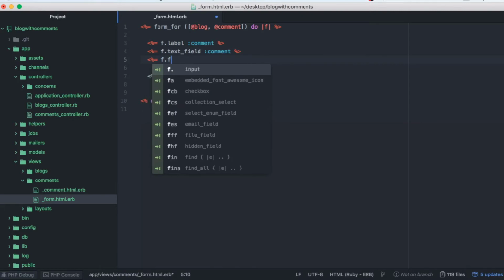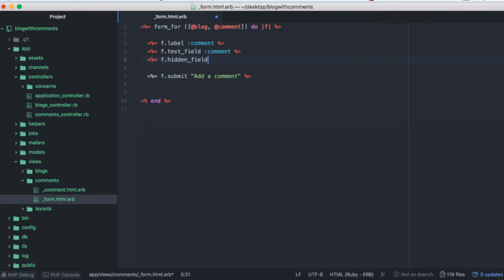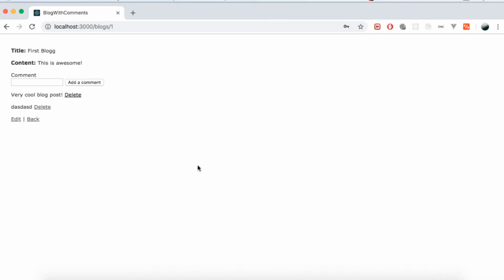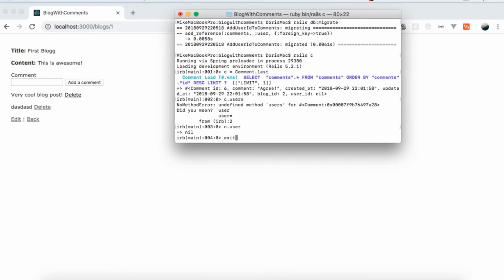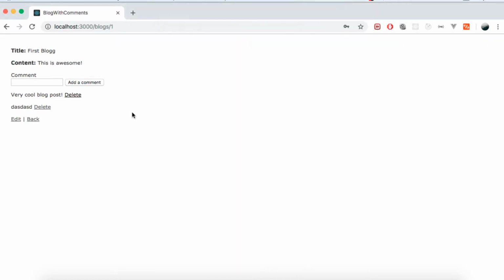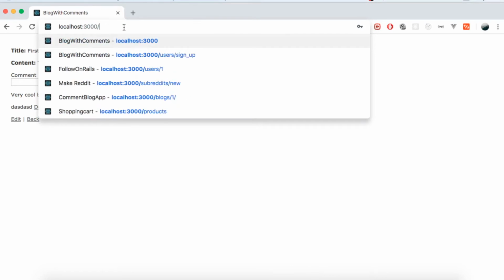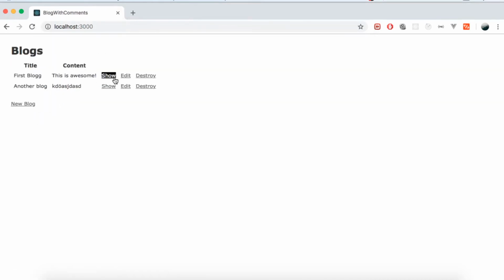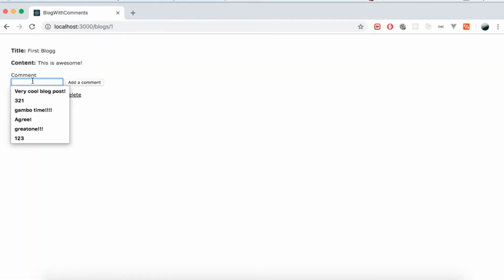So f.hidden_field, and here we simply get the user_id, and the value should be simply current_user.id. Now, when I go back to the form here, exit and type in rails s and go to localhost:3000